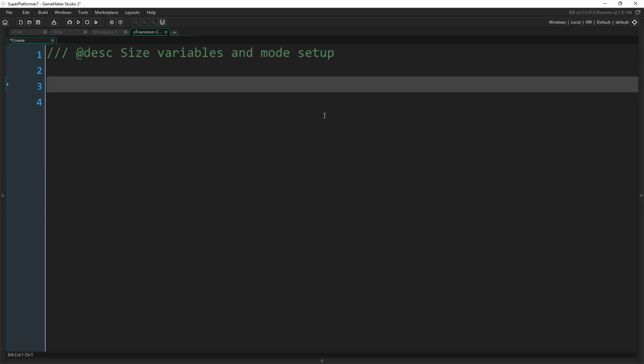Okay, because we need to grab some variables that determine our screen size. They're not really ever going to change for the sake of this game, so I'm just going to get them in the create event of the transition object, and then we don't need to keep getting them. And then you'll see what I mean with the mode setup in a second. So the first thing I want to do is type W equals display_get_gui_width();